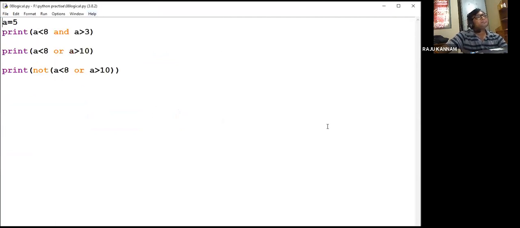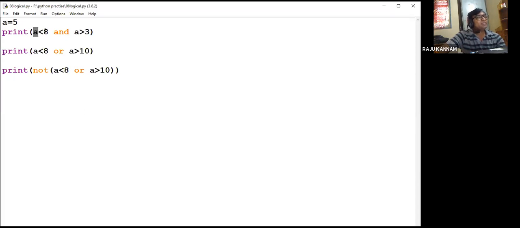See here, I have taken the a value as 5. Now I'm taking two conditions: whether a is less than 8, yes, a value is 5, which is less than 8, and one more condition, whether a is greater than 3. Yes, a value is 5, it is greater than 3.